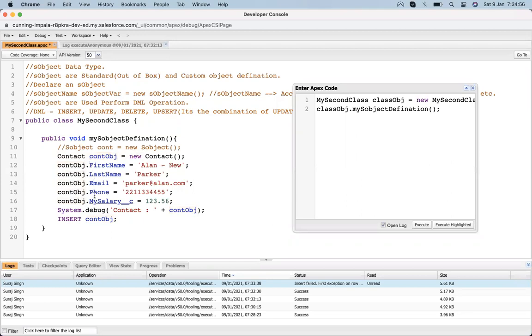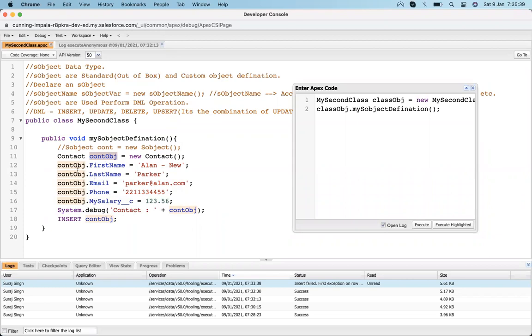He's asking, what if I want to insert a record again, what do we have to do? Do I have to change the object name which we declared there, or can we just insert another record? We can just insert another record. If in the same method we want to create more than one record, we can create them, and in the end we just insert all the records, meaning we just use the insert object. So there is no need to redeclare any object's name. We can use the same one to insert a new record.